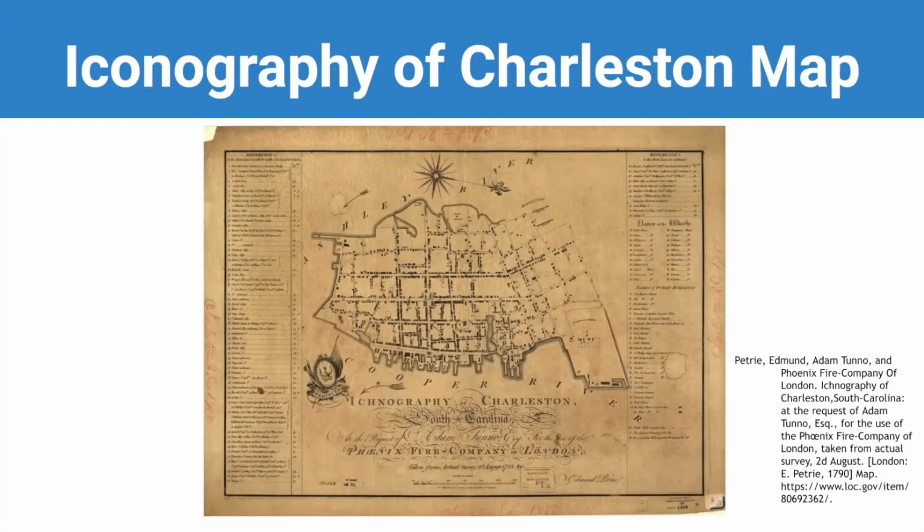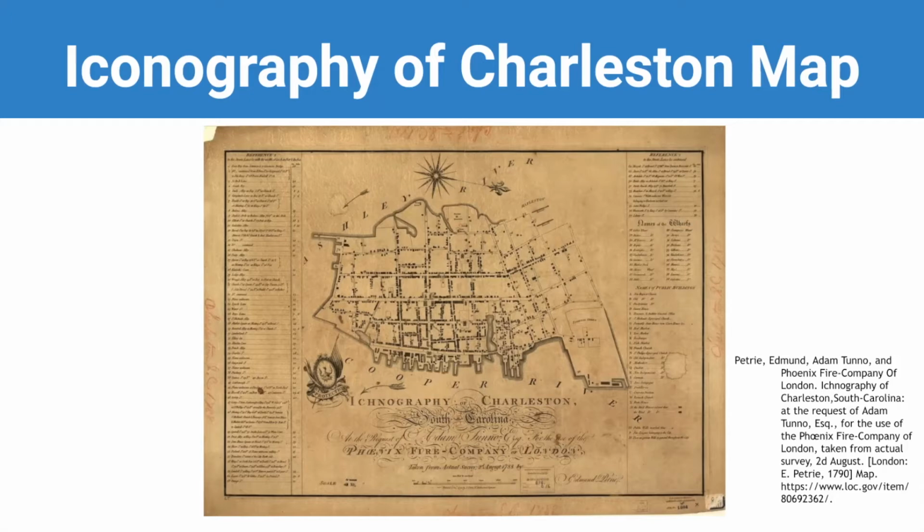This particular image comes from the Library of Congress. This map shows homes, businesses, and public buildings in Charleston in 1788. One thing that sets it apart from other maps is that it indicates the locations of fire stations and public wells. It also differentiates between types of building materials, indicating whether buildings were made of brick or wood, which, as you can imagine, insurers would want to know in regard to fire risk and things like that.